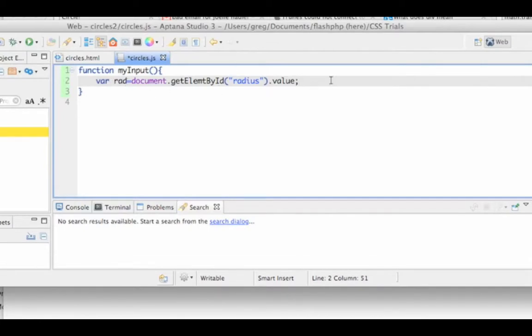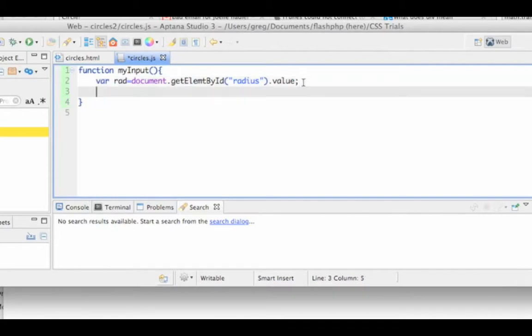So rad, and then I want another variable for circumference. Circumference is too long, so I'm just going to call it circ. Now remember, the circumference of a circle is pi times diameter, and the diameter is 2 times the radius. So I don't want to make a new variable called diameter, so I'm just going to say pi times